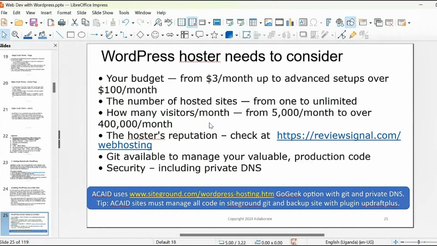And then, is Git available? Cedric will look into detail what Git is. If you want to understand what Git means, what it does and what it is, please ensure to attend the evening classes by Cedric. And then security: is the host secure? And then there is a blue note at the side, at the bottom.